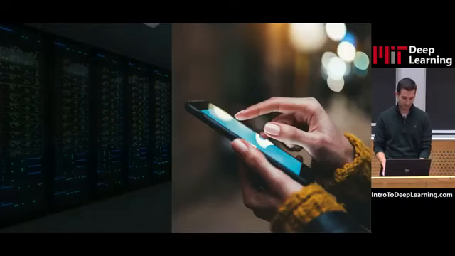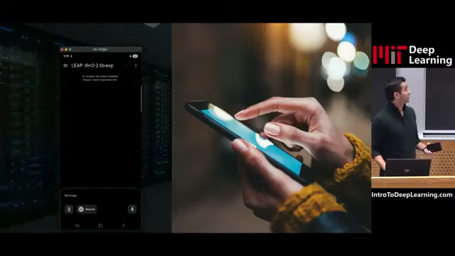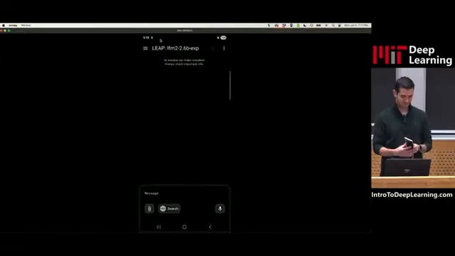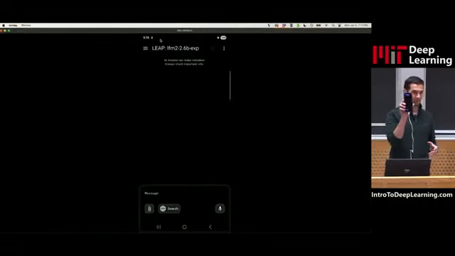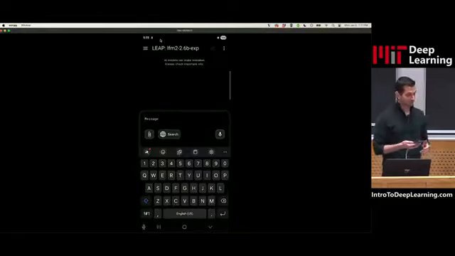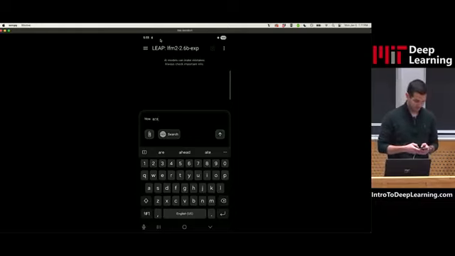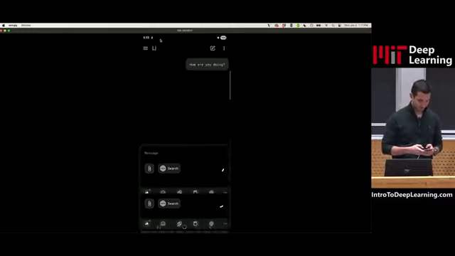So I'm going to switch over my screen to this screen, which is actually running, let's see here. So this is actually live on this phone running right here. You can see everything that's happening on the phone. So what I'll do is I'll show you actually a language model running entirely on this phone right now. So we can ask it questions. This should look very familiar to what you have seen with GPTs. So how are you doing? We can ask it very simple questions to start.